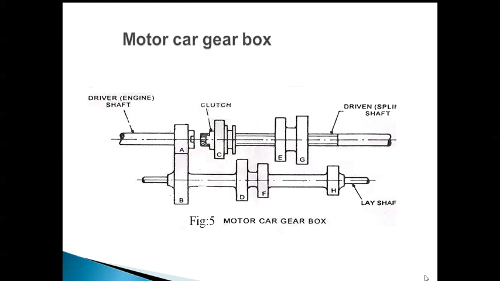And we have seen the motor car gearbox. In the motor car gearbox, that is a sliding mesh gearbox. To get different speeds we need to slide the gears to make contact with the gears on the lay shaft so that we get the different speeds. Here the reverted gear train means both the driver and driven shafts are coaxial, collinear. So that's why the speed reduction. This is an example of a reverted gear train also.